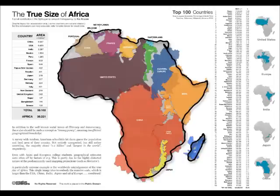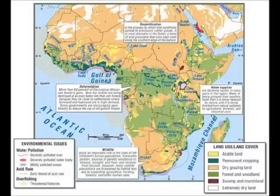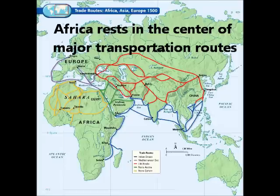Africa is the world's second largest continent. It's 3 times the size of the U.S. There are 53 nations in Africa currently. Africa straddles the equator and extends thousands of miles north and south of there. The Atlantic Ocean is to the west of Africa, while the Indian Ocean lies to its east. Africa is a vast continent, which basically means it's massive. Moreover, Africa sits right in the middle of world transportation routes, making it a pretty important place in terms of